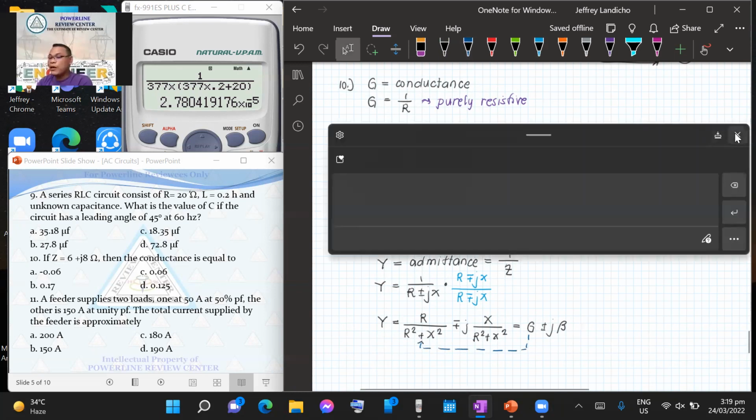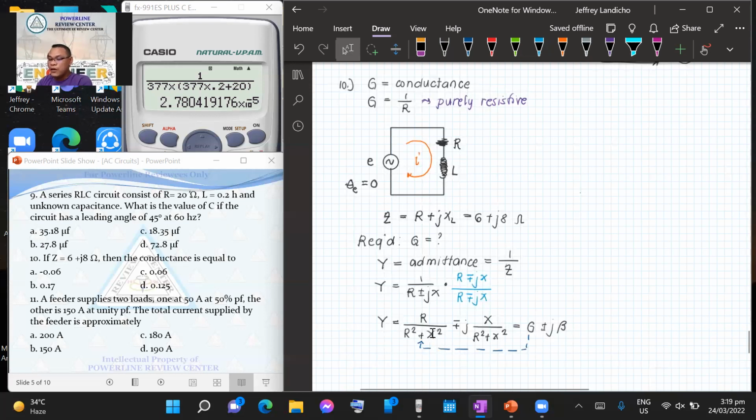Kaya nga kung pure R lang tayo, wala kang reactance. So takpan mo to, cancel mo to. So ano matitira? So pag pure R, X is 0, R over R squared, babalik tayo kanina, 1 over R. Okay? And ang tawag natin ay susceptance. Ito naman yung ating susceptance. Okay? So, ibig sabihin,